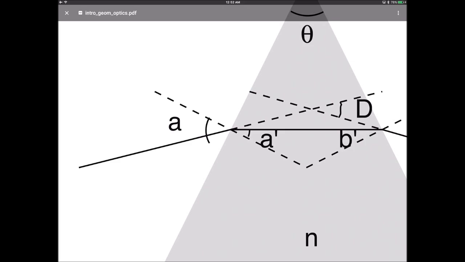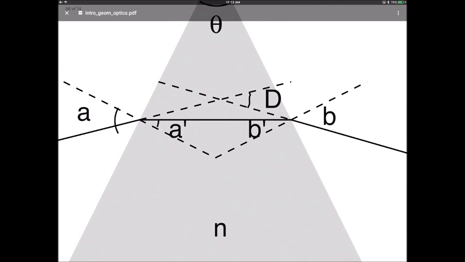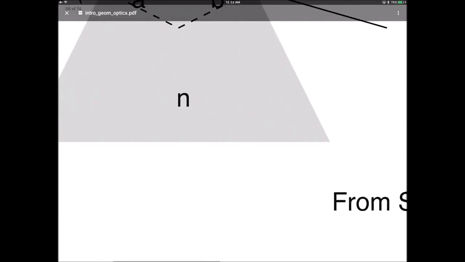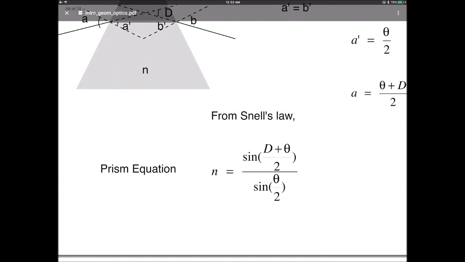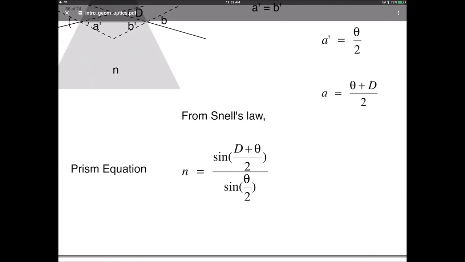For the paraxial approximation you would have 1 times A. For the actual case, when the paraxial approximation isn't valid, you have 1 times sine A, and on the inside it equals n times sine A prime. So now if you solve that equation and replace A and A prime, it becomes n equals sine A over sine A prime,